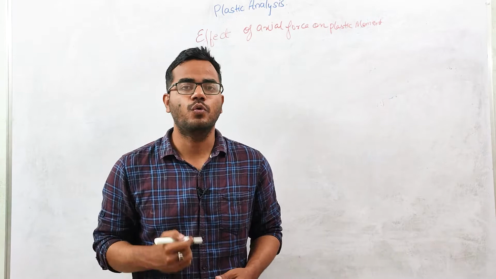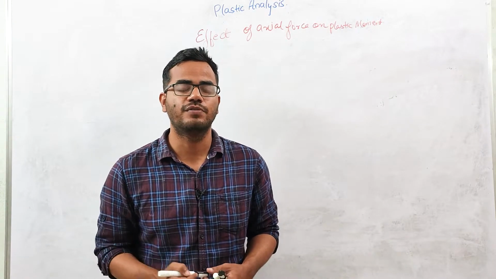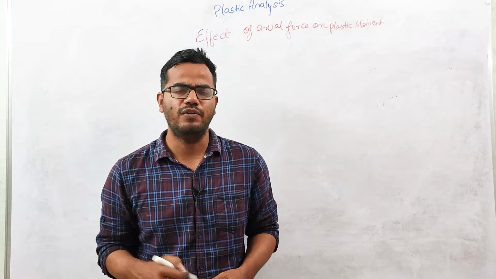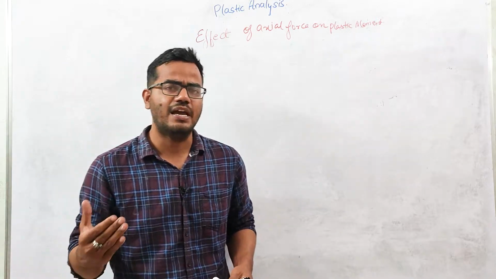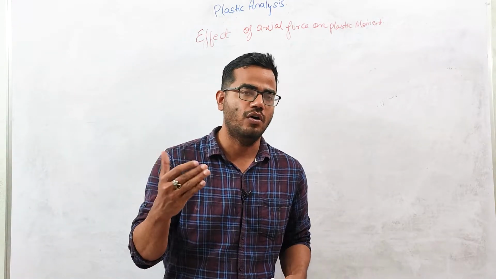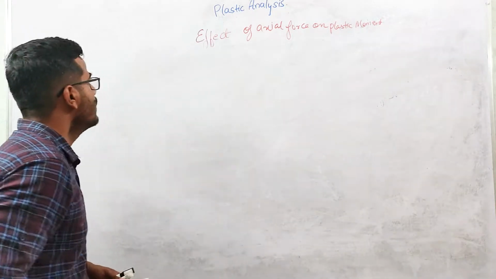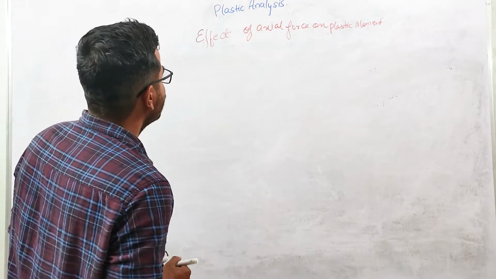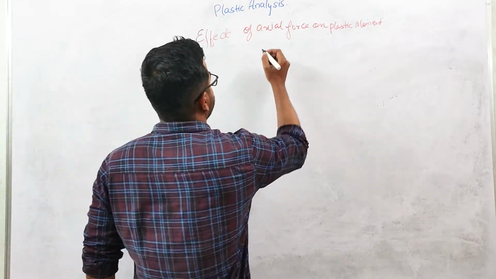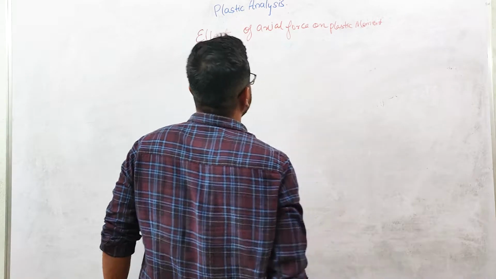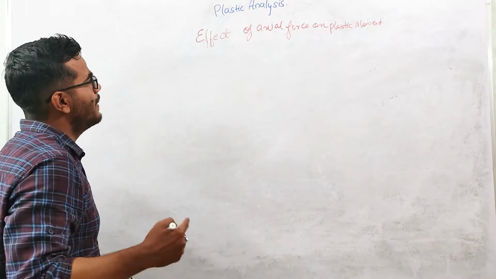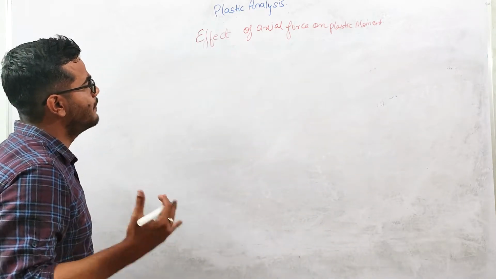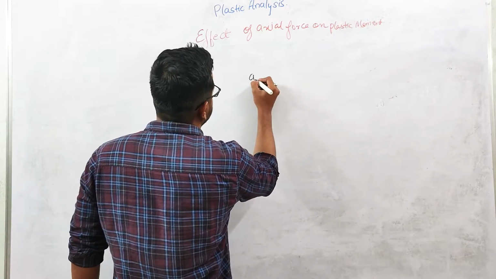In this lecture, we are going to discuss the effect of axial force on the plastic moment capacity of a section. That section can be of a beam or of a column. Basically, this plastic moment can be affected by axial force,